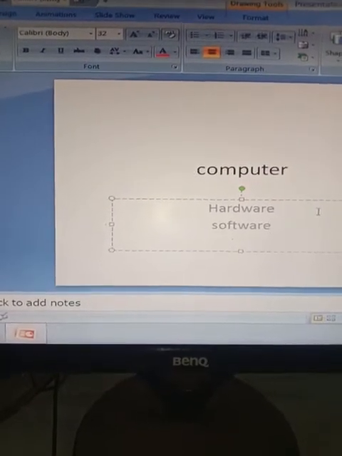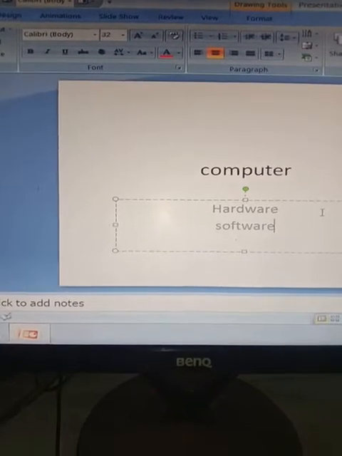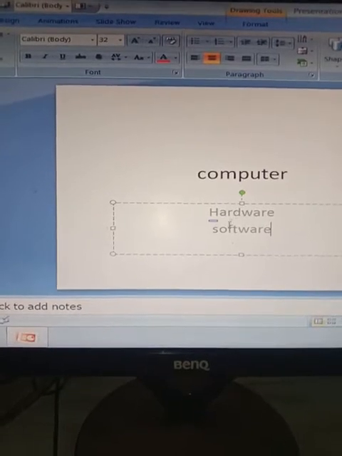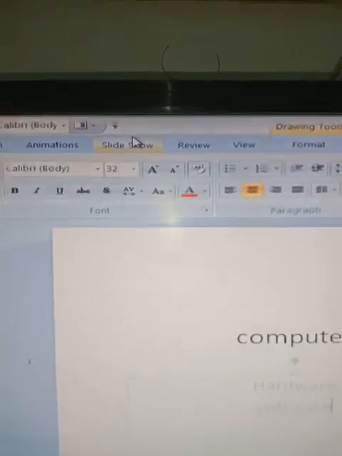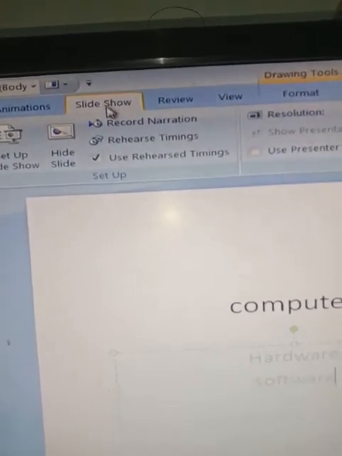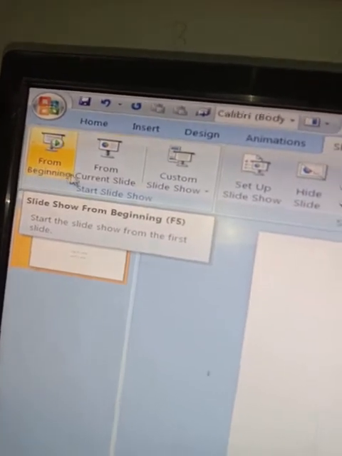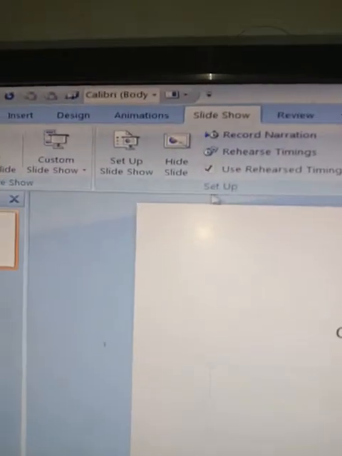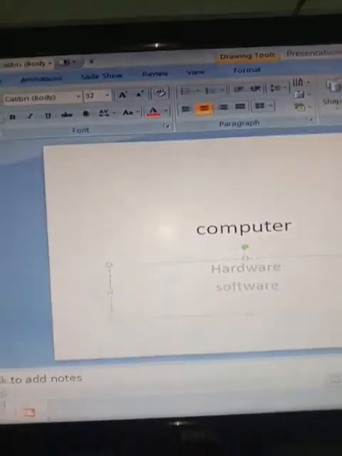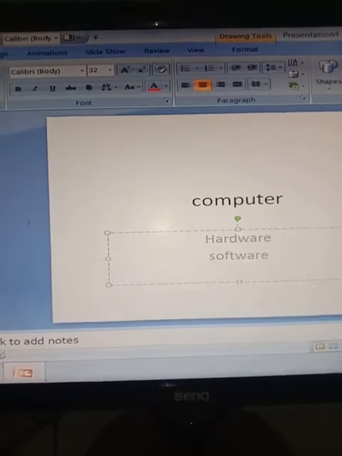Slideshow in PowerPoint is actually a view of organizing the slides and running them either to the monitor or to the big screen. In order to run the slide, we have the tab of slideshow. We can move to the slideshow, and there we have the different options, like slideshow from the beginning or from the current slide. We can add different options over here, or simply we can press the F5 key for slideshow. Simply, the F5 key is the shortcut key for slideshow.